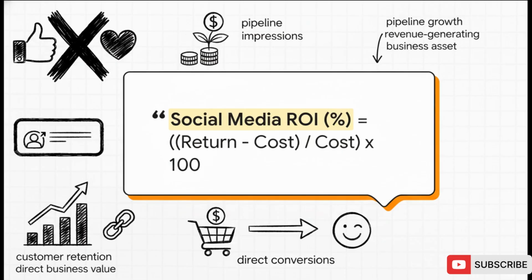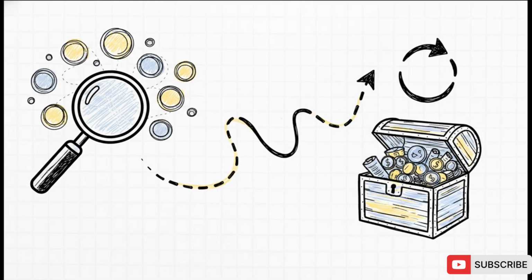But here's the catch. Calculating that return means you have to look at both direct conversions and indirect value, like customer retention and pipeline growth. And that is exactly where customer lifetime value, or CLV, comes into play. Instead of chasing those quick, one-off conversions, sophisticated tracking lets us measure the long-term revenue that multi-touch attribution brings in. By tracking social-driven customer journeys using UTM links and plugging that data directly into your CRM, you can actually analyze repeat purchases and retention rates. You find out pretty quickly if your social investments are actually bringing in high-value, long-term customers.